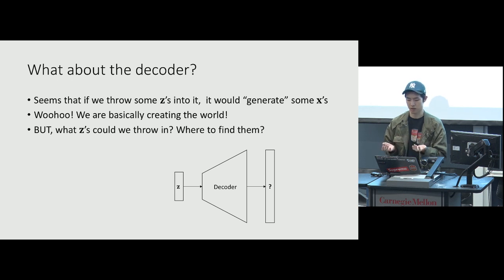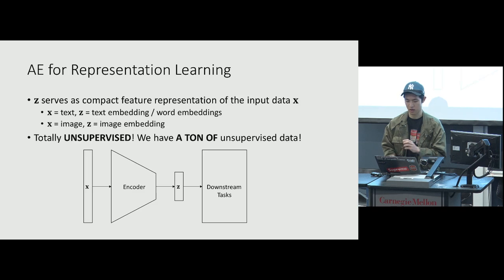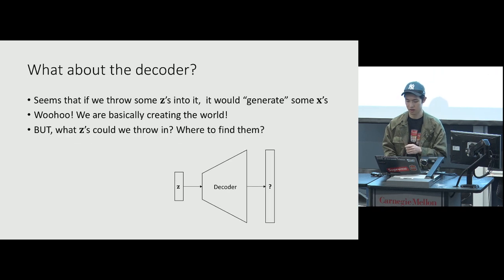So this is great because this way, essentially we're creating the world out of nowhere. We managed to know some kind of truth, some kind of something that actually generated the world. But one thing is: where are we going to find these z's, these random latent vectors, these latent representations, these latent embeddings? You can see that in the autoencoder setting,